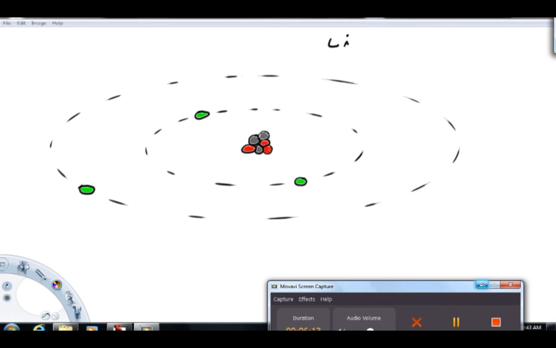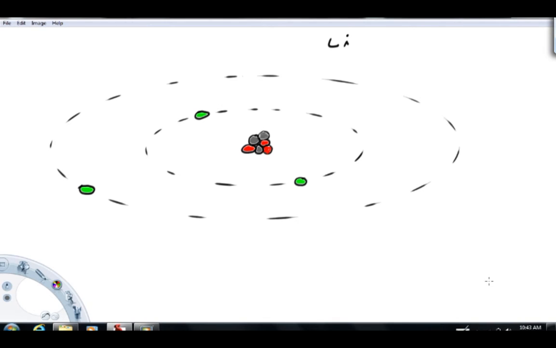Folks, I'm back, and I've got a picture here I want to talk about. So in atomic structure, the protons and neutrons, they live in a central region called the nucleus. So in this picture here, this group of particles is my picture representation of a nucleus. I color-coded it. The red particles are representing positively charged particles. In this case, they would be the protons. These gray particles would represent the neutrons. And then the electrons are outside the nucleus, going round and round in these regions of space that are called